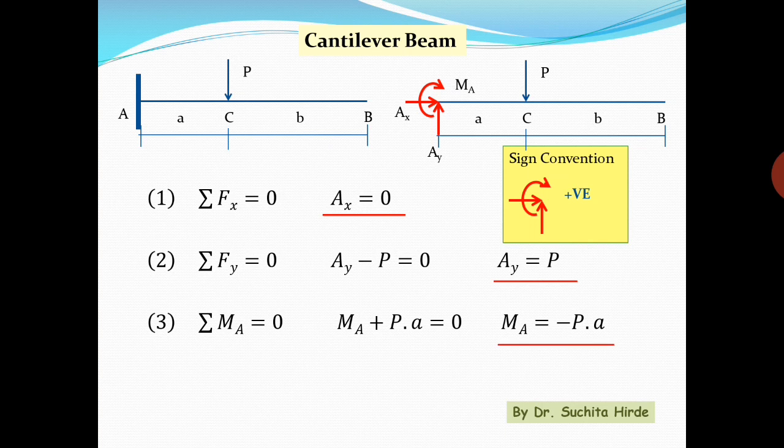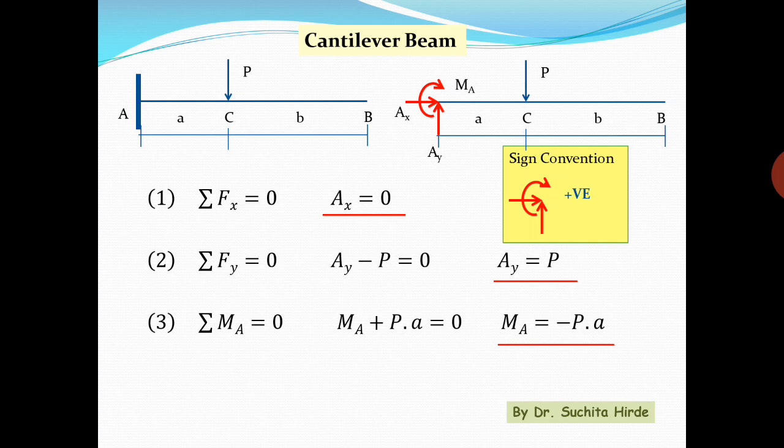Now if you observe all these three equations, these are independent equations from each other. From each equation we get some information about that structure, and therefore we can calculate all the three reactions using these three equations. Now we will see this structure when we can solve all the reactions using equilibrium conditions. Such structure is called as determinate structure. This is also called as isostatic structure.